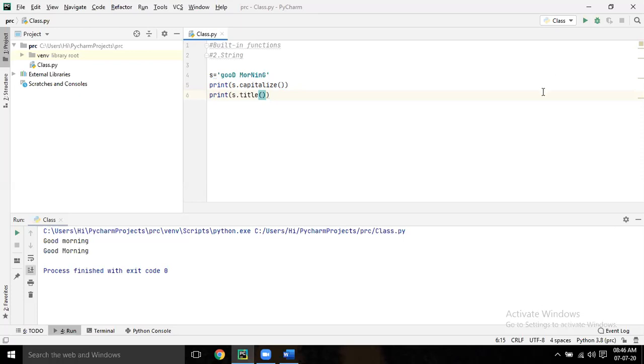So s dot title means what is happening? The starting letter of each word will change to a capital letter. Each word's first letter will be capital.